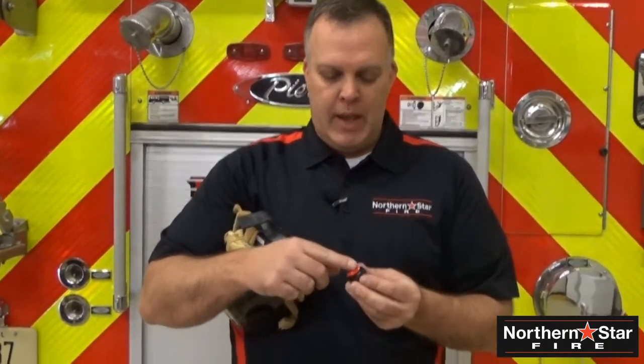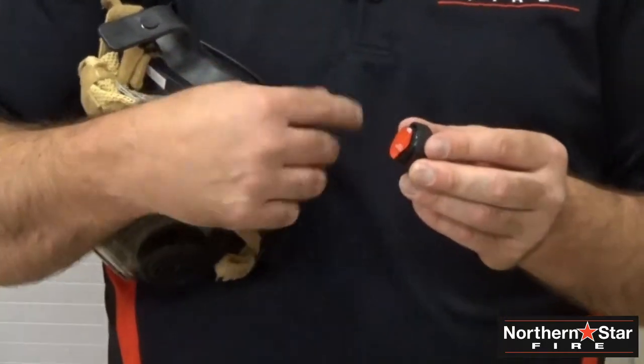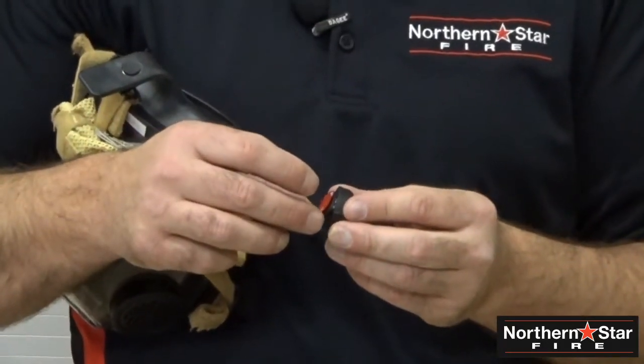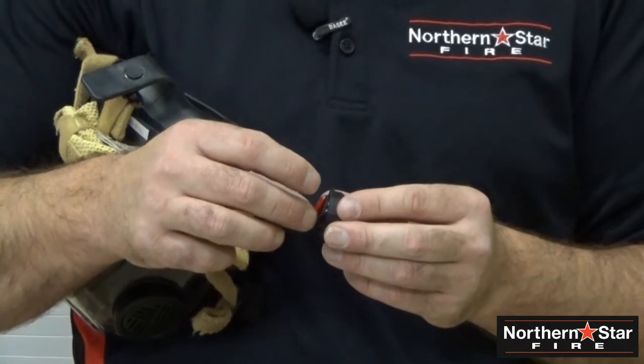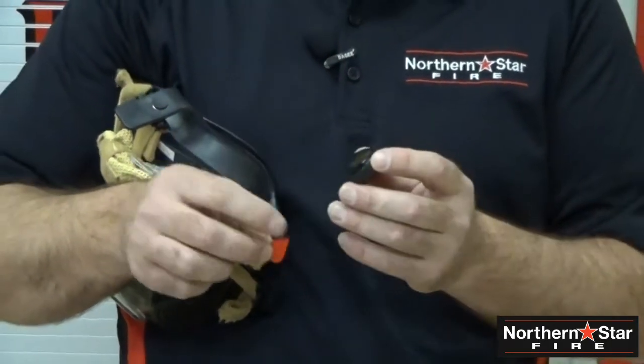So after we've determined where we want to put it in our mask, and we've given it 20 to 30 minutes to set up on the back side of the Northern Star, then we have to peel off the opposite side of the tape, which can be a little bit of a bugger. It's, like we said, very adhesive. So pull that second side off,